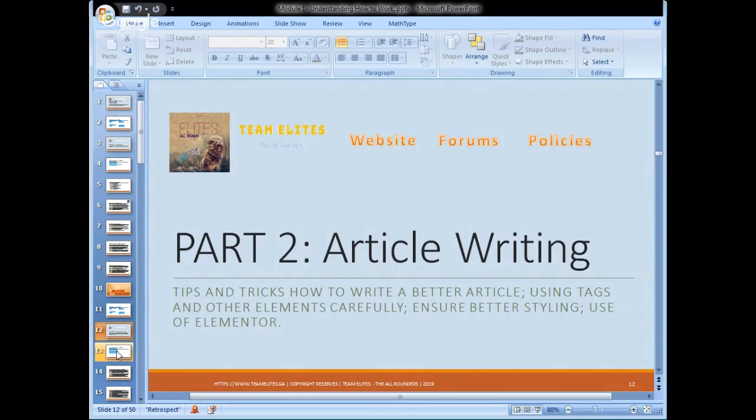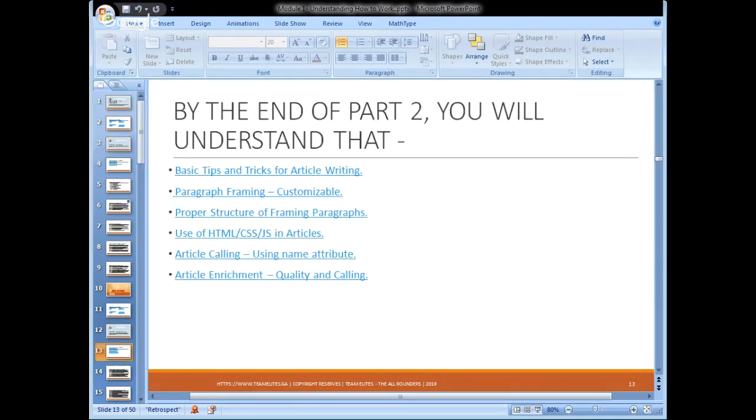By the end of part 2, you will understand the basic tips and tricks for article writing, paragraph framing, the proper structure of framing paragraphs, and the use of HTML, CSS, and JavaScript in articles. Also, article calling using the name attribute, which would be very new to you, and article enrichment, quality in calling. So, the first topic is